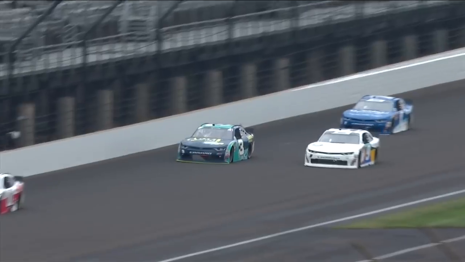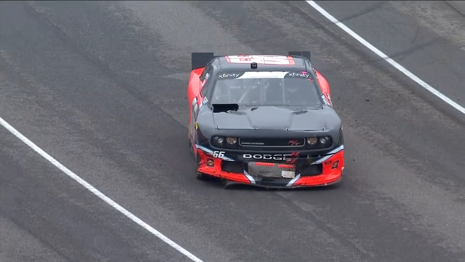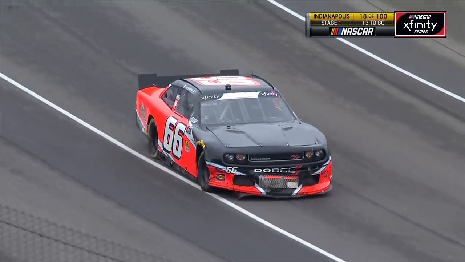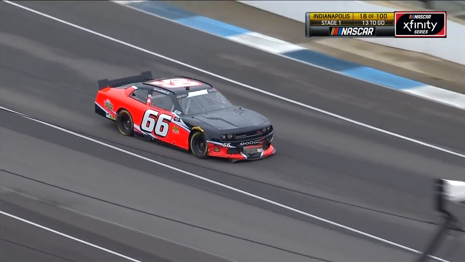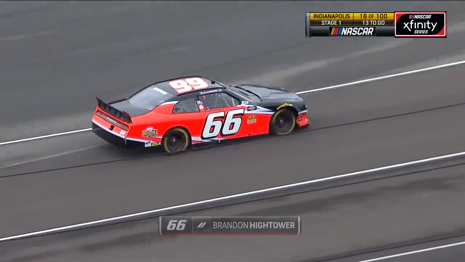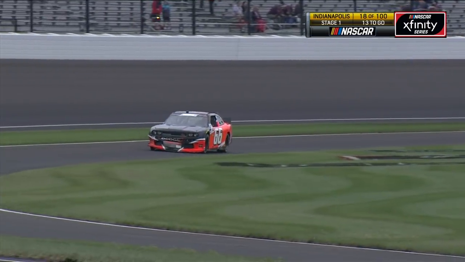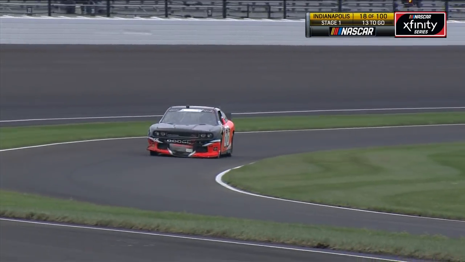Caution right now on the racetrack. There was a car slow on the backstretch. That's the 66, Brendan Hightower. And you see a little bit of damage to the right front. So already the second caution has come out. The first one was the competition caution at lap 10. This one,